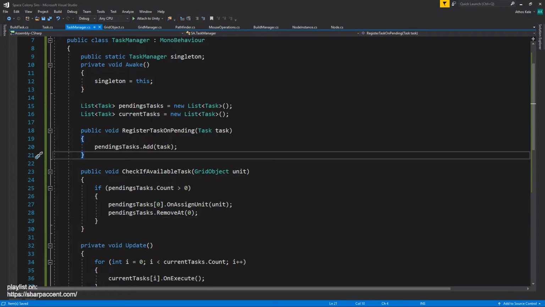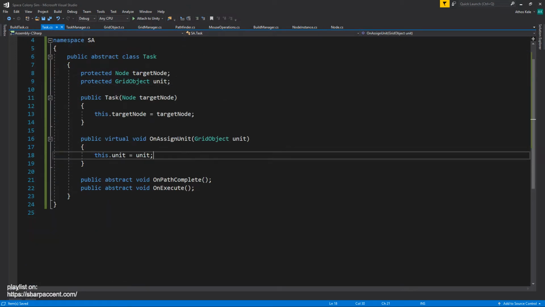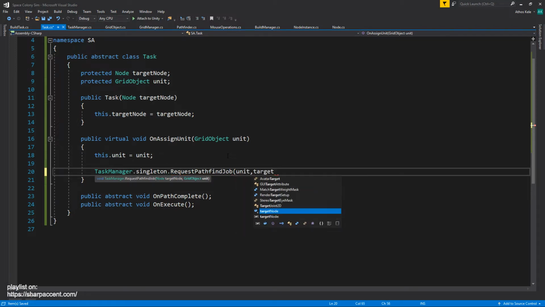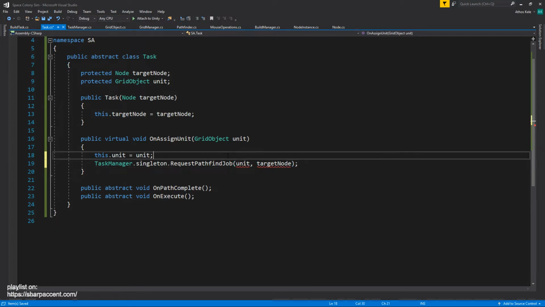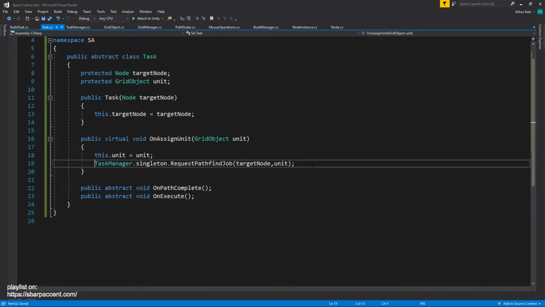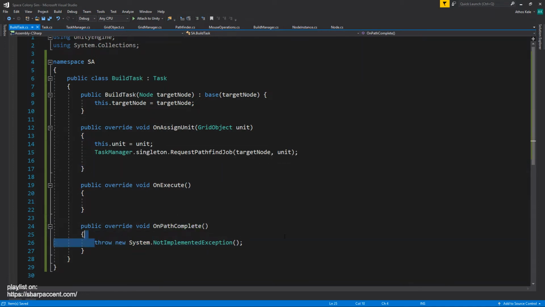So now we're going to let the tasks handle everything they want to do on here. So for example, on assign unit, you're going to need to find your task manager and request a Pathfinder job from your unit to your target node. And what else we need to pass? Yeah, we did this the opposite way. We have our target node and we want our unit. On path, oops, we should probably do this inside the build task. On path complete,